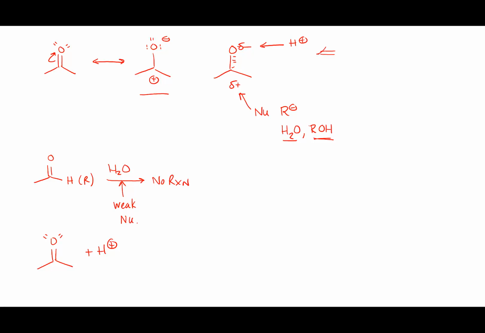Remember, up here, the H+ reacts with the oxygen. So I'm going to donate my pair of electrons from the oxygen, and I'm going to form this oxonium ion. That oxonium ion has a resonance structure where if I take this pair of electrons and move it to the oxygen, I can form the second resonance structure, which basically looks like a carbocation. But the critical part here is that the overall charge on both of these species, on both these resonance structures, is +1. That means that in terms of the resonance hybrid,